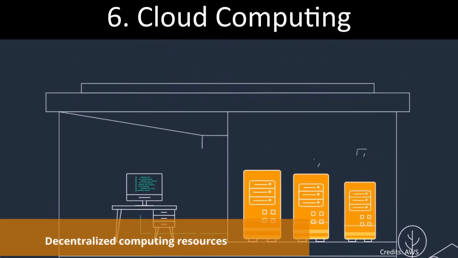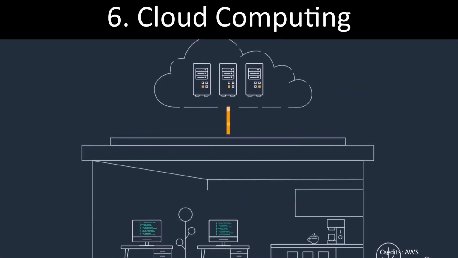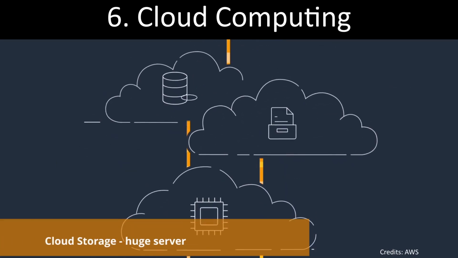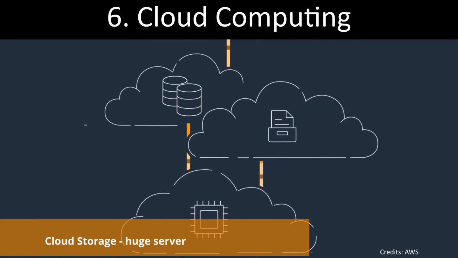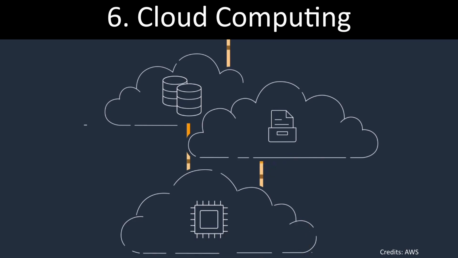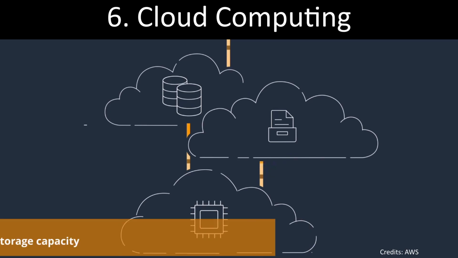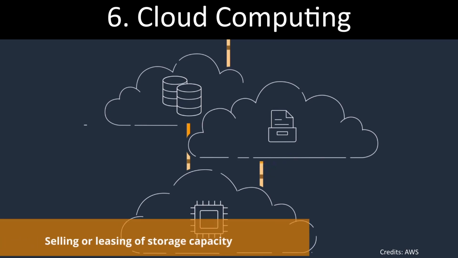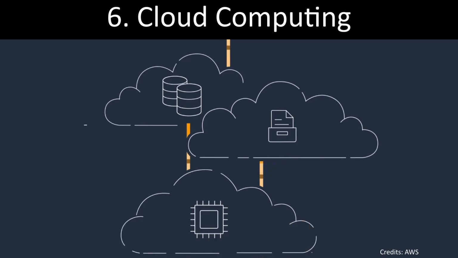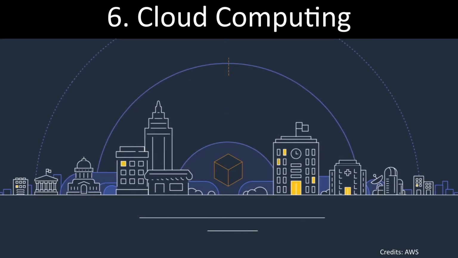We have two types of so-called cloud computing applications. We have cloud storage, where digital data is stored in huge servers usually located in multiple locations managed by hosting companies. This service keeps the data accessible and available to its users. This kind of application is based on the selling or leasing of storage capacity from the company issuing the service. Famous examples of cloud storage services are Google Drive and OneDrive by Microsoft. The other application is computing